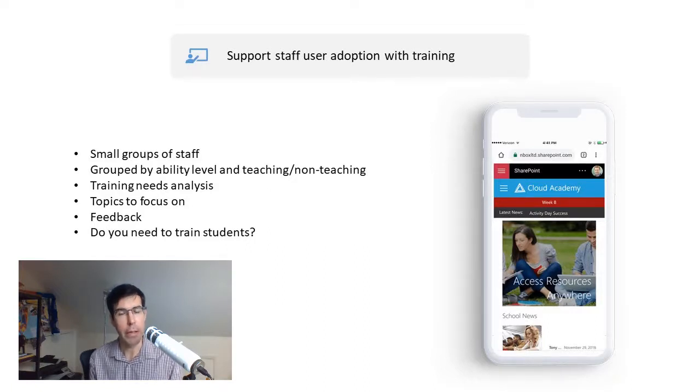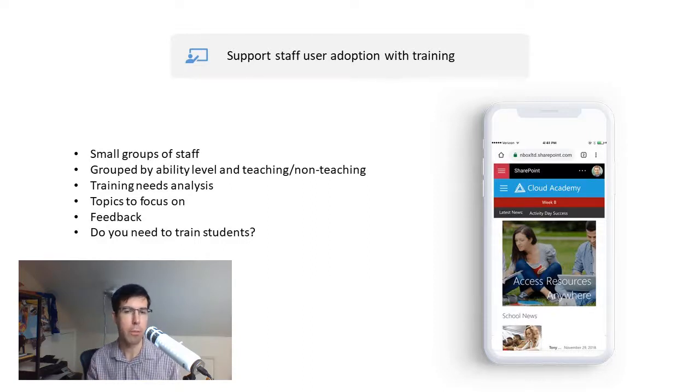When you do this training, make sure it's not PowerPoint driven, where everybody is watching a webinar and nobody is actually taking part. These need to be workshops. People need hands-on training because they need to get confident with it, and the only way they're going to get confident with it is actually by doing and having the support there when they get stuck.